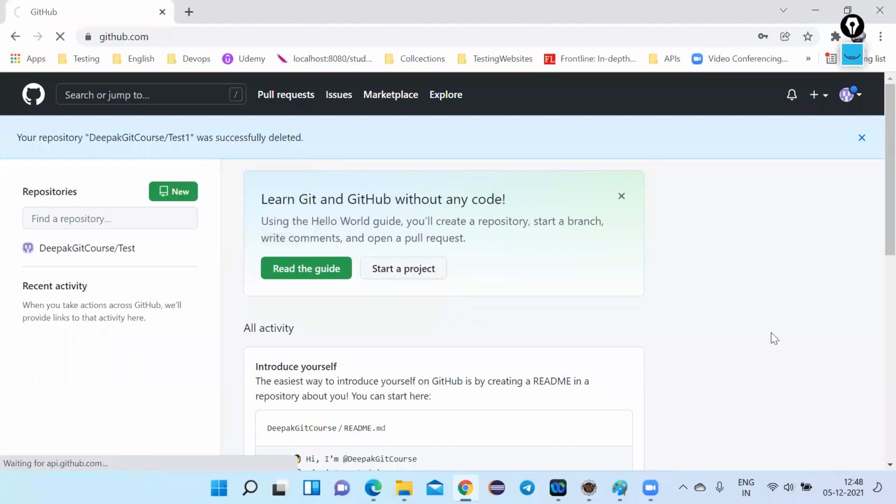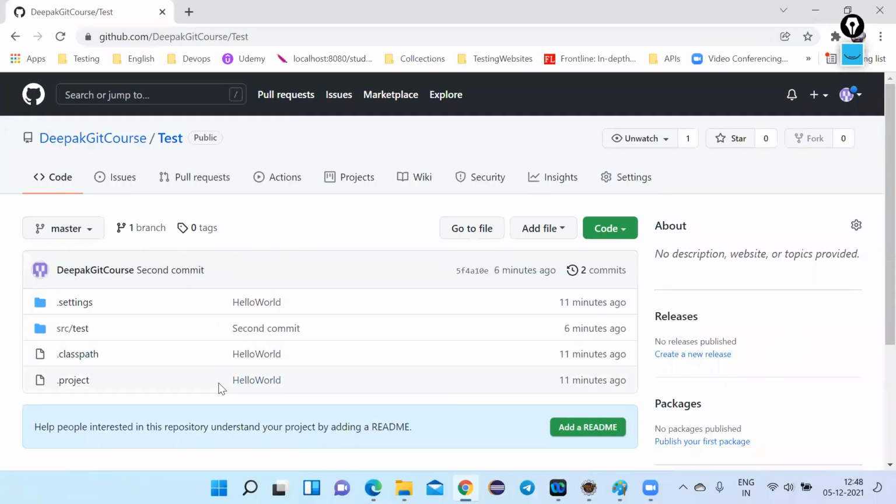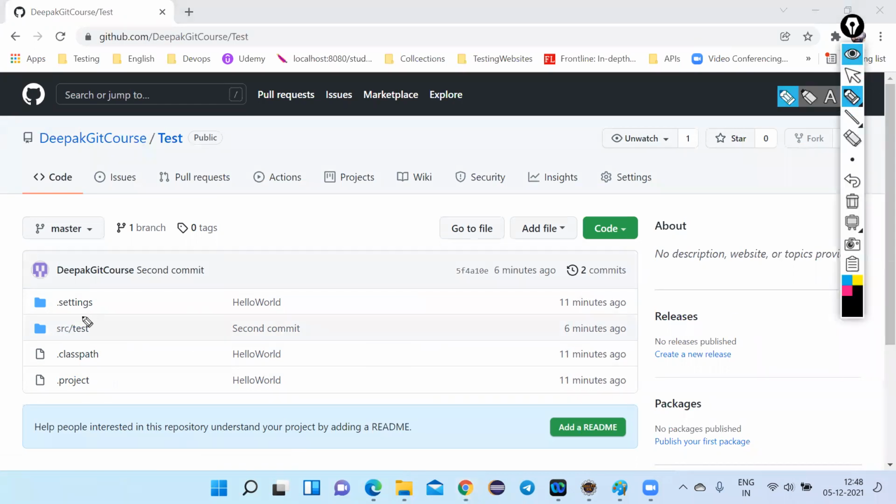So let's see if you have observed this. We have created a .ignore file, but .classpath, .project, and .settings are available here. So what exactly I told you, in real time, we will only be committing the source code.